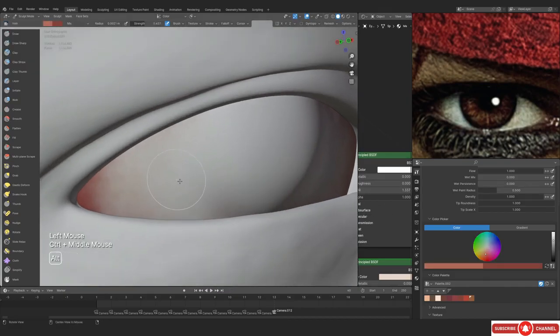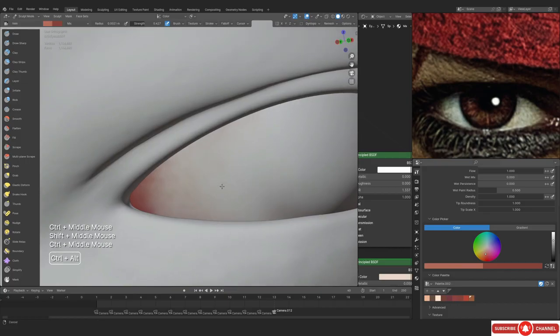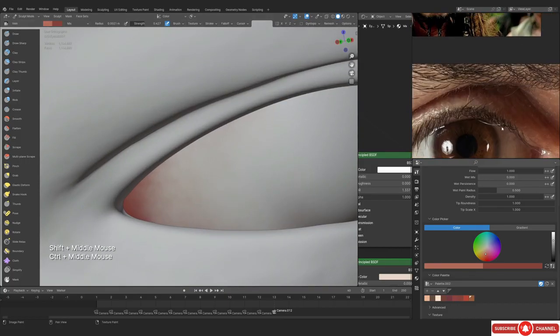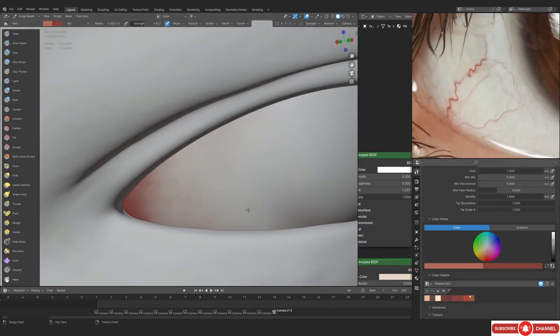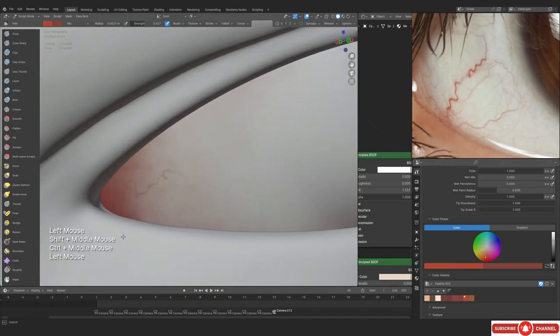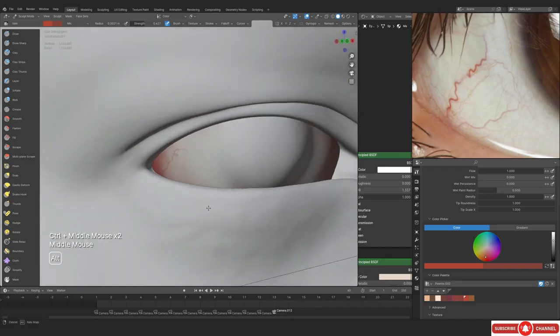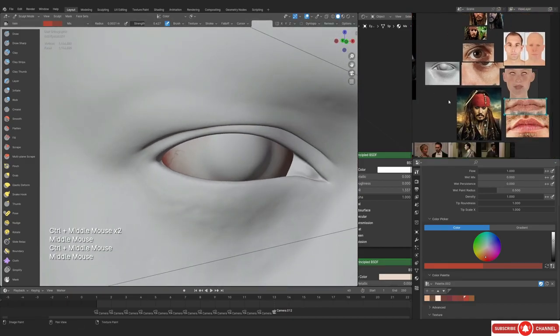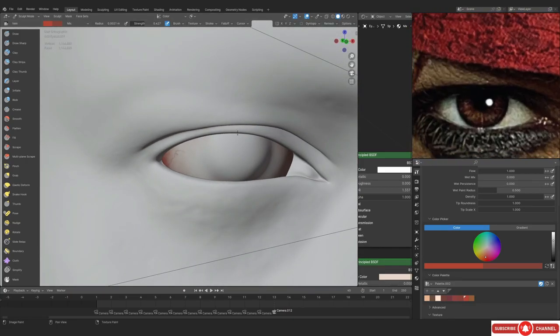So now you can see that I've added a little bit of yellow. Again, I'm just doing the yellow on all the eyeball. I'm not even looking at the reference, because that's just how it is. And now we have the vein brushes already saved, right? Because we did the veins for the skin.